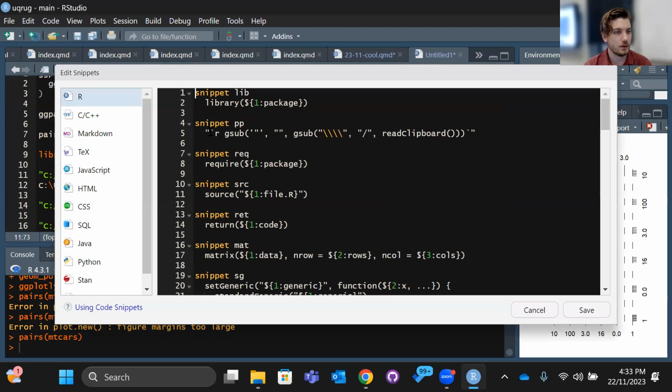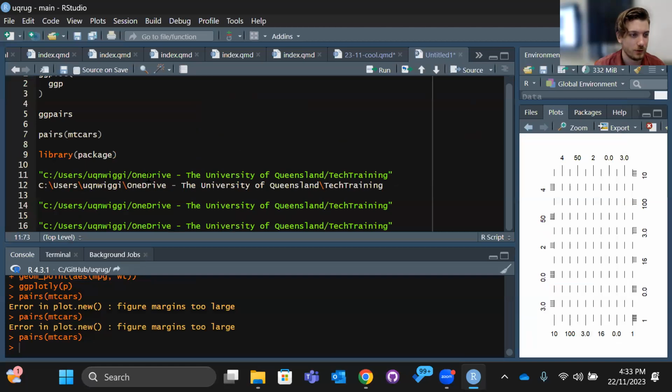So you can see here the snippet will automatically insert whatever it has here, which is the quotes. It will use gsub to substitute out backslashes and turn them into forward slashes, and it will get that from the clipboard. So it looks at your clipboard, replaces all those things, and puts that in there. It means that you don't have to go through and do the annoying thing where you put in another backslash or a forward slash after those, which anyone who is a Windows user has probably had to do and been really annoyed at. So there we go. Can we talk about other RStudio things?